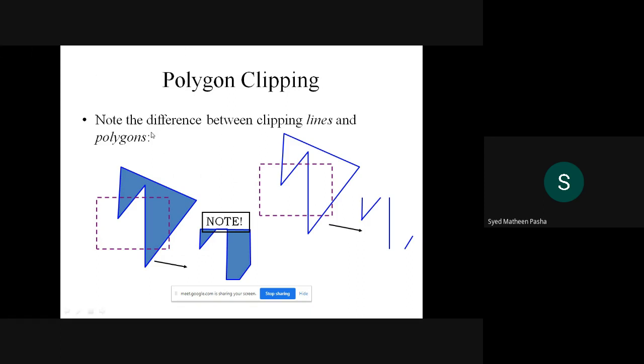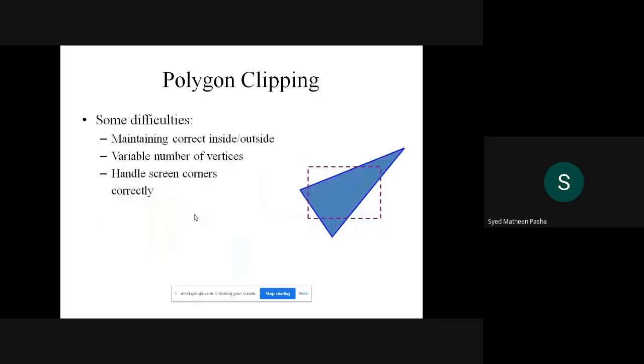Check out here. I will consider this as one polygon, and this is the window I require. Check out what is clipped with respect to this particular window. So this is the clipped part, that is the unwanted part which is being removed here. If the polygon is inside the window, it is retained, or else the part which is outside the window is removed so that it can be performed efficiently. So that is the simpler part of polygon clipping.